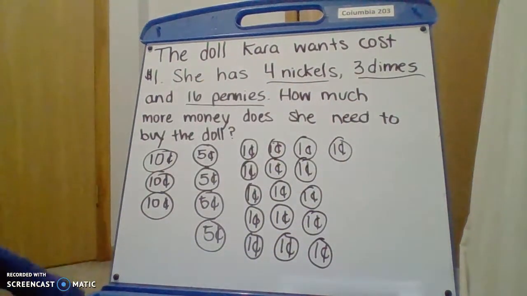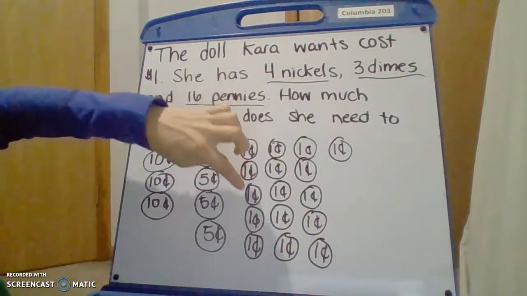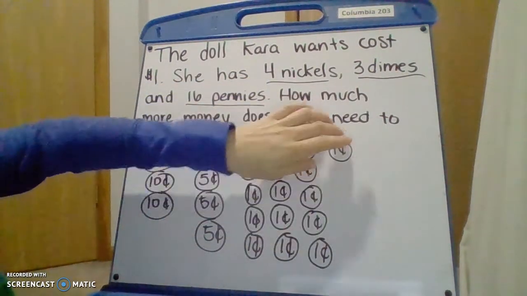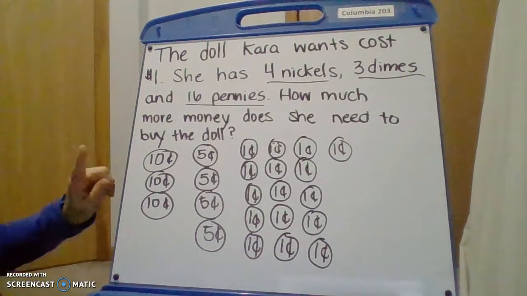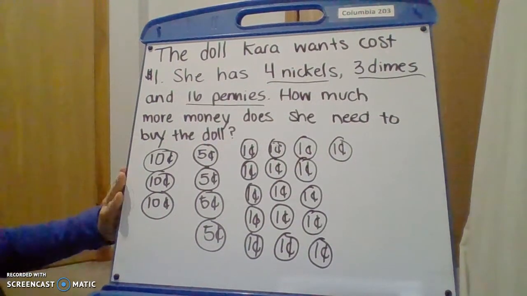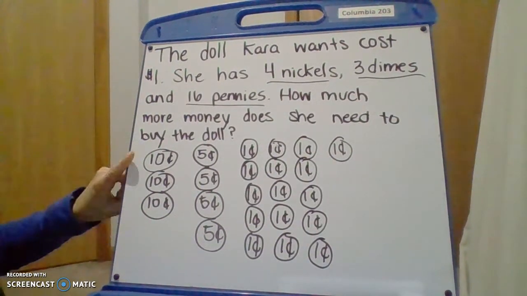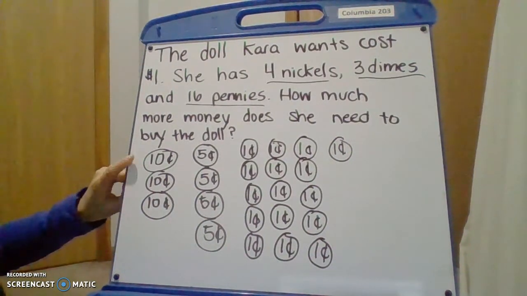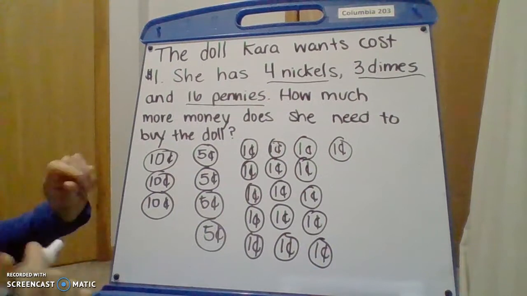I'm going to go back and recount my pennies just to make sure. I have 1, 2, 3, 4, 5, 6, 7, 8, 9, 10, 11, 12, 13, 14, 15, 16. Okay, so we have to figure out how much she has first. She has 3 dimes, which if you add that, we do 10 plus 10 plus 10, which is going to give you